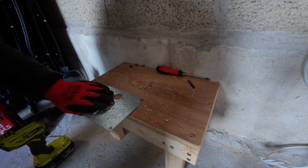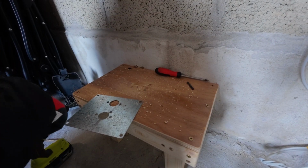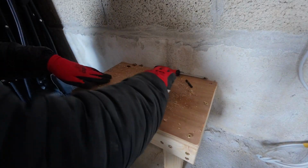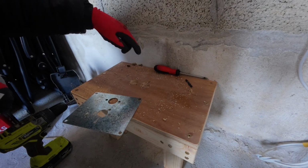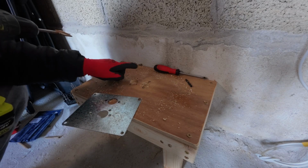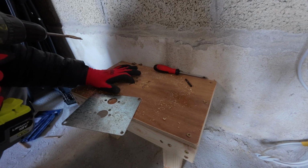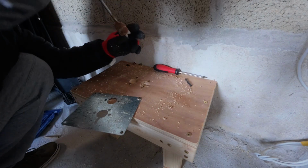Right, here's a little tip. I've just drilled the hose for the exhaust and the air vent, and I didn't drill them big enough. So let's just brush that away a minute. You can see, I tried drilling it without anything to support the centre of the drill, and it made quite a mess. And I had this brainwave, probably people know about this anyway, but I've screwed a piece of wood below so I can actually put the drill in